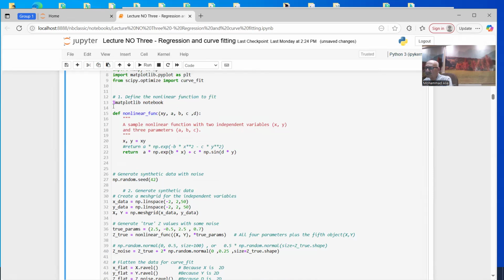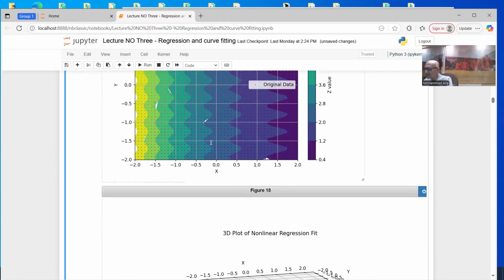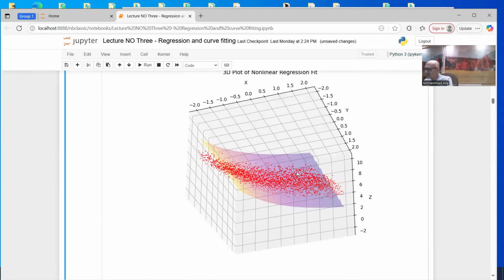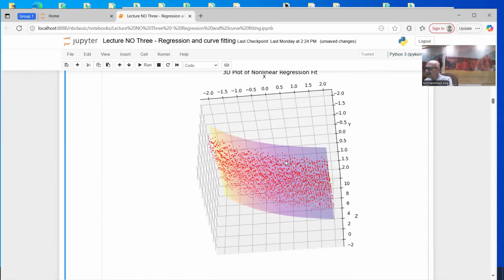With Notebook, if at the beginning of the cell you write the magic command %matplotlib notebook, you can rotate the three-dimensional plot as you wish by using the mouse. So now I rotate it. Yes, you see this is the surface now, and this is the scatter plot,